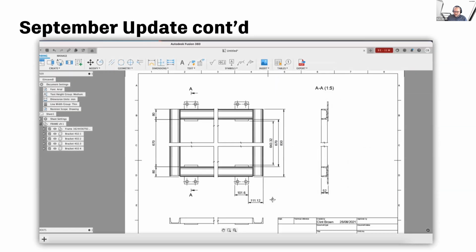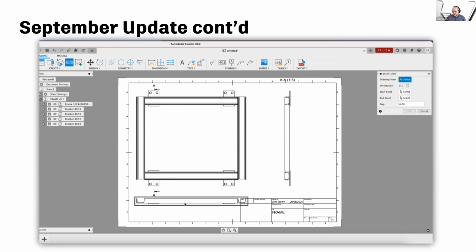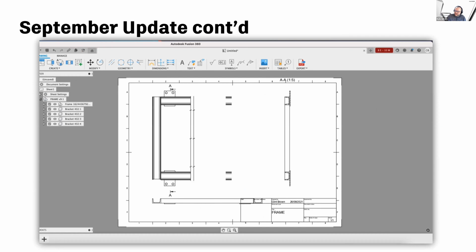And I've got a video here to kind of show off some of this functionality. And our PM here created this video. He did a really nice job kind of showing off what we're talking about when we say the ability to create break views both in the base view and in this projected view. So here you can see we're going to create this break actually in the projected view. And you notice that it actually propagates up to the base view, which is really nice